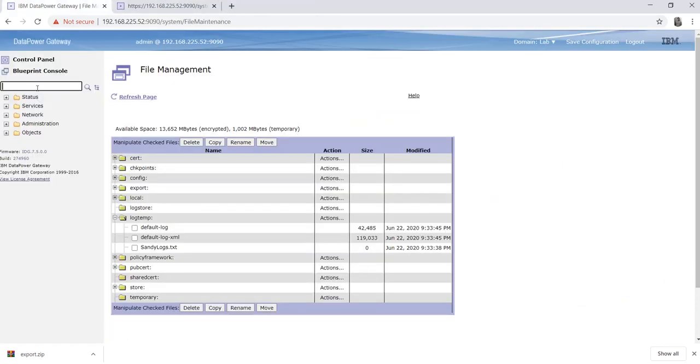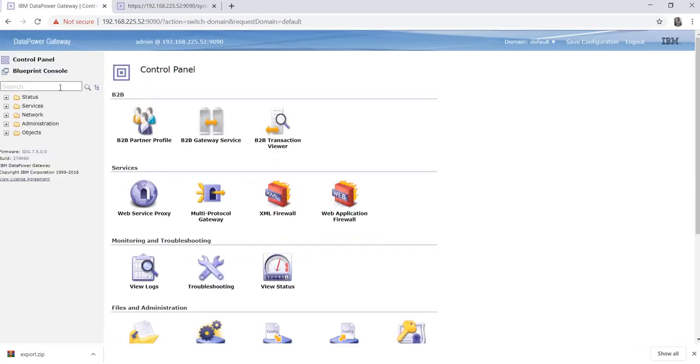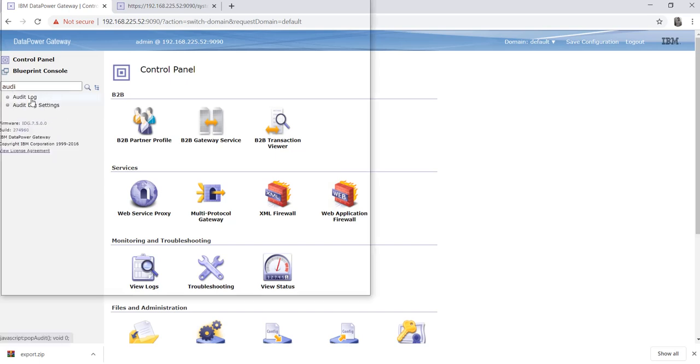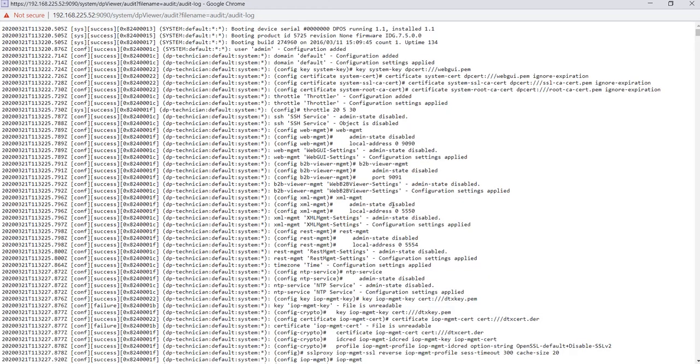And one more thing, if you want to check the audit logs you can't check here, because these are related to the admin. To check the audit logs, meaning if you made any changes into your system, any changes to any object, if you added any user or created any domain, you can see all the logs here.